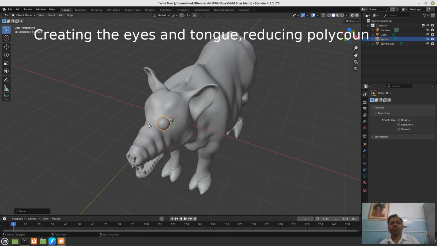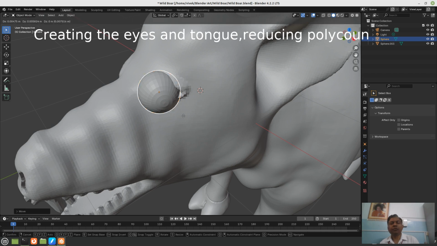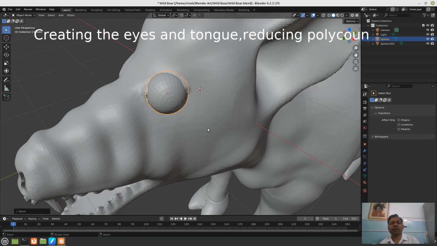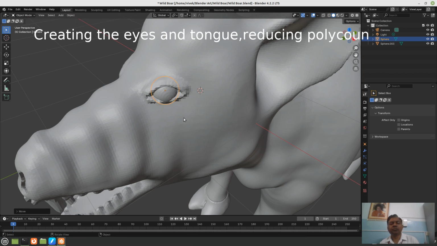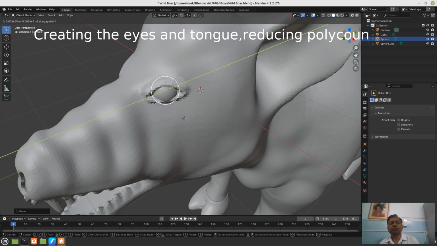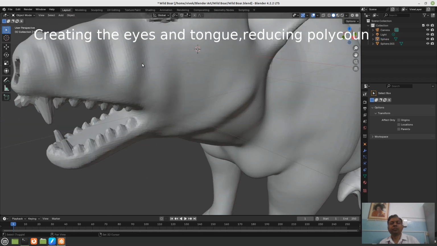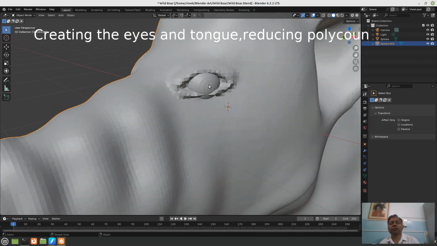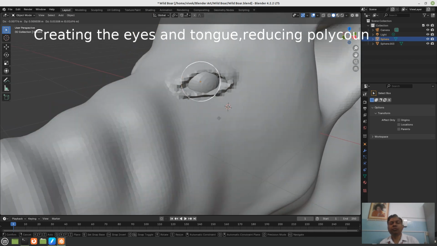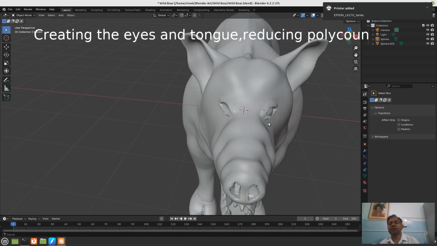Okay, now we'll scale it down, it's too big. G Y. So, okay, one is